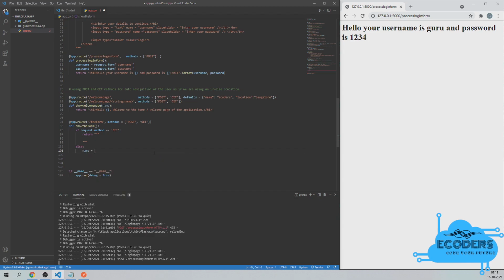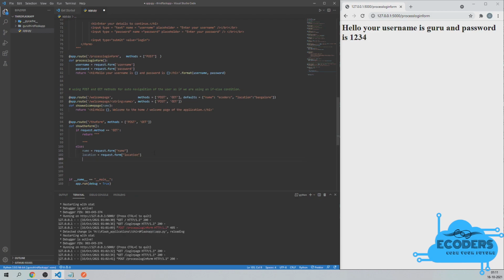There in the welcome page, we have to request from the form something that is coming as the name of the person, and then the location as well. Location also we are going to request from that particular form, called location.